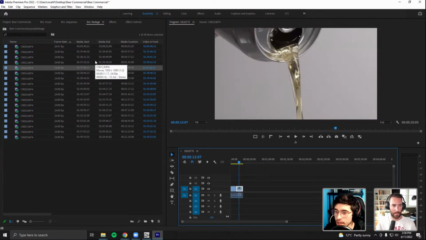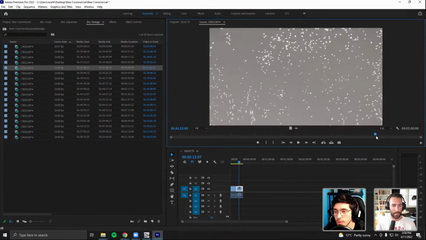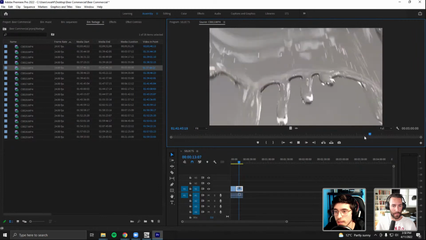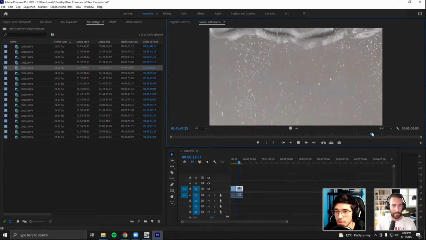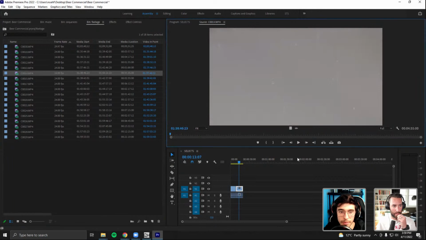That's what I was going for, to tell the story of pouring a nice, refreshing glass of beer. So with this shot, I was like, I don't know if this works, because it doesn't really feel like beer pouring. So I'm not going to choose any selects from this clip.